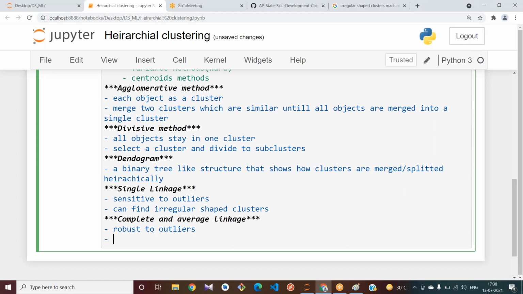When compared to single linkage, for spherical shaped clusters this works better, and it tries to break large clusters, preferably spherical clusters.